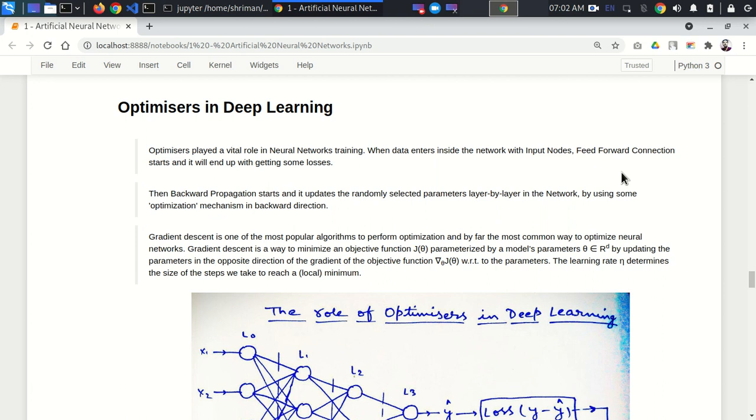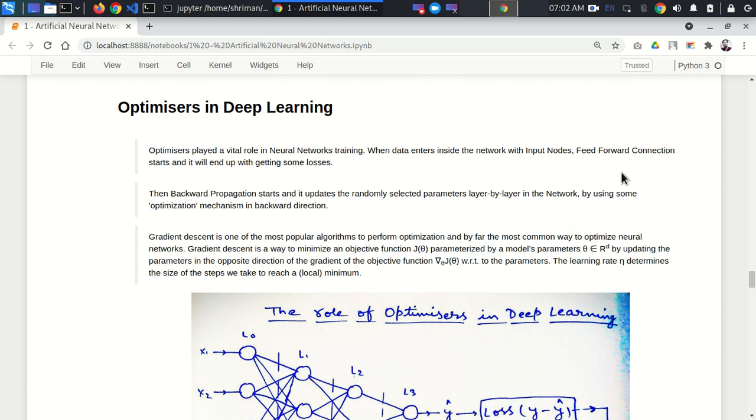Again, guys, in our earlier sessions we have discussed various topics like feed forward connection, backward propagation, and how learning happens inside neural networks. We have also seen multiple activation functions available in deep learning, various cost functions in deep learning, and along with it, we have also